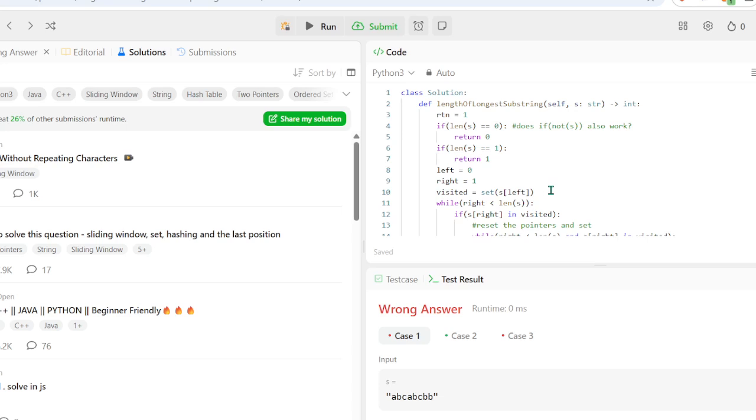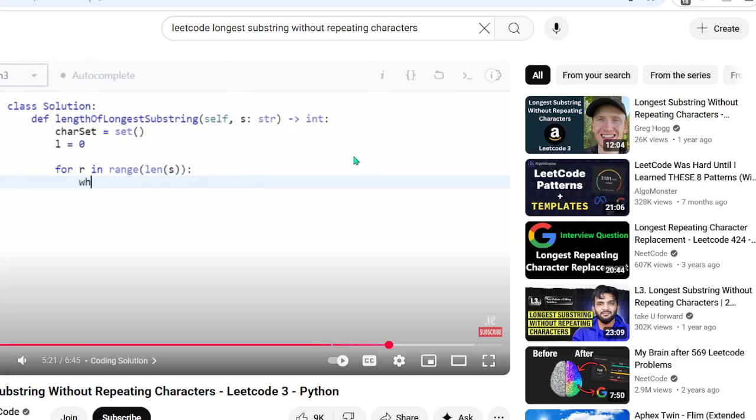And I should have been able to realize that right is always increasing. The only thing that's variable is left, because left stays stationary, and then sometimes it increases. When we detect a duplicate, that's when we want it to increase. Otherwise, R should be strictly increasing.